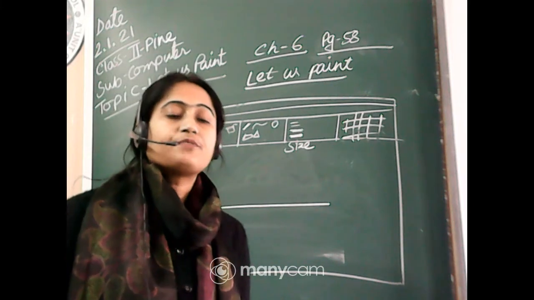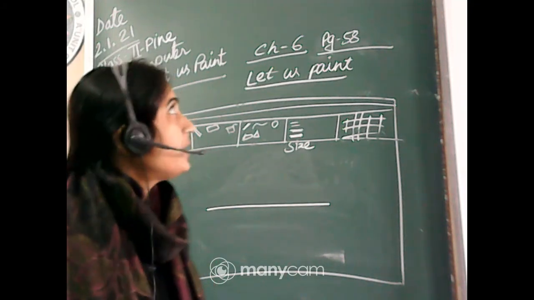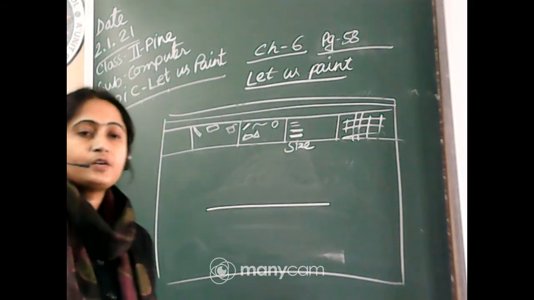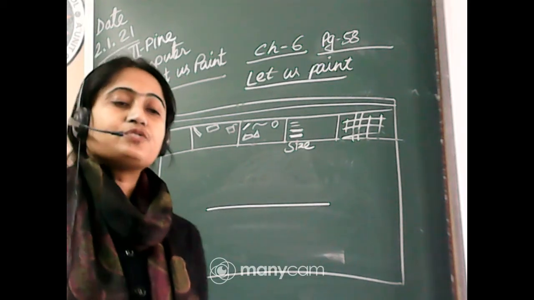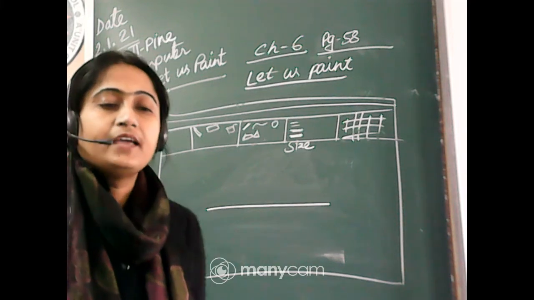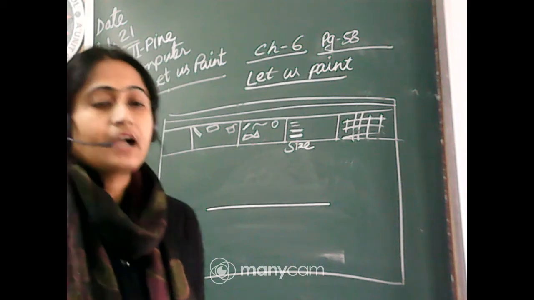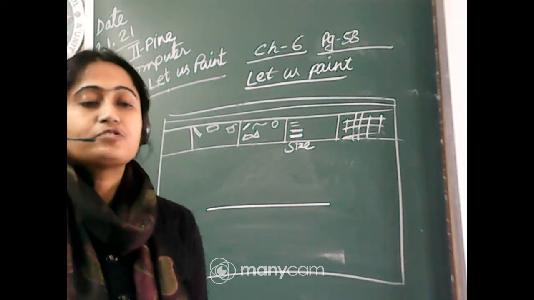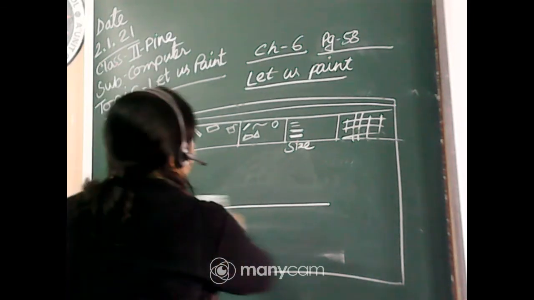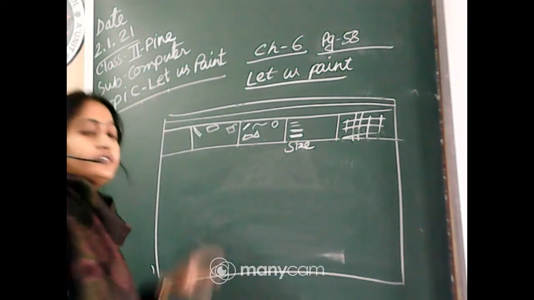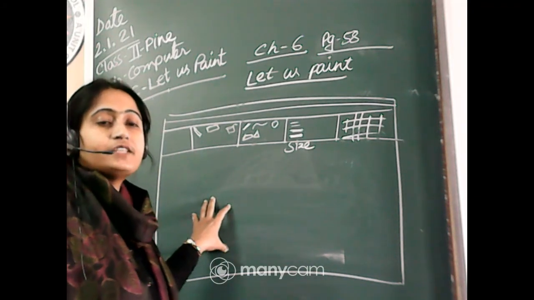Choose the color from the colors box. Okay, and then what do you have to do? After choosing all these, you have chosen the tool you want to apply, you have chosen the thickness of the line, and you have chosen the color. Then you have to bring the mouse pointer onto the drawing area. After choosing all this, you have to bring the pointer on the drawing area, otherwise you cannot draw.